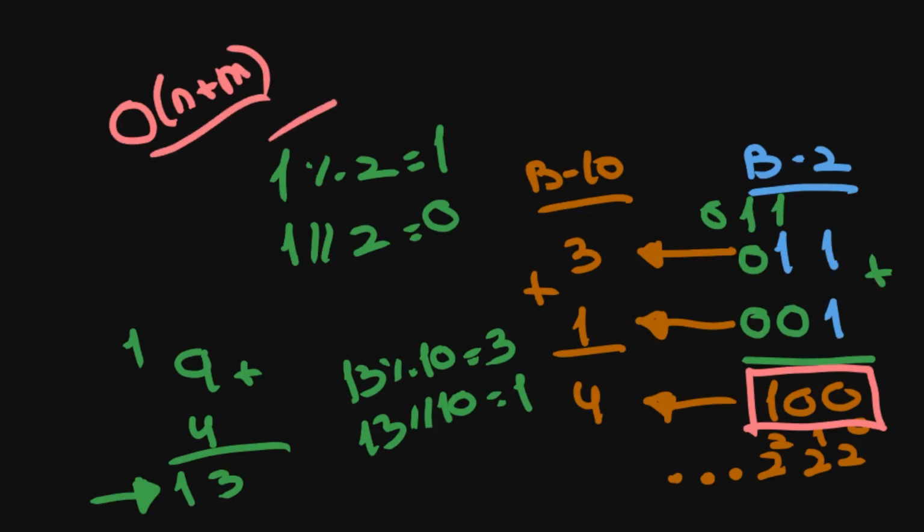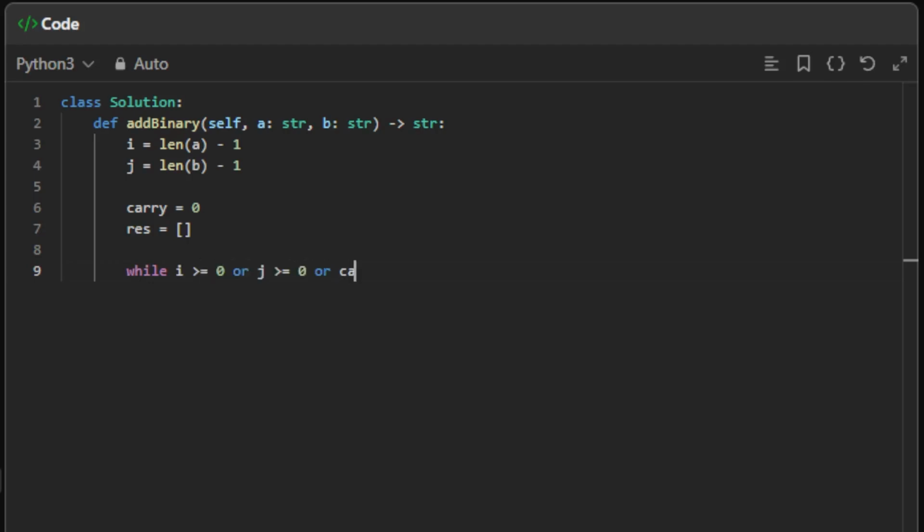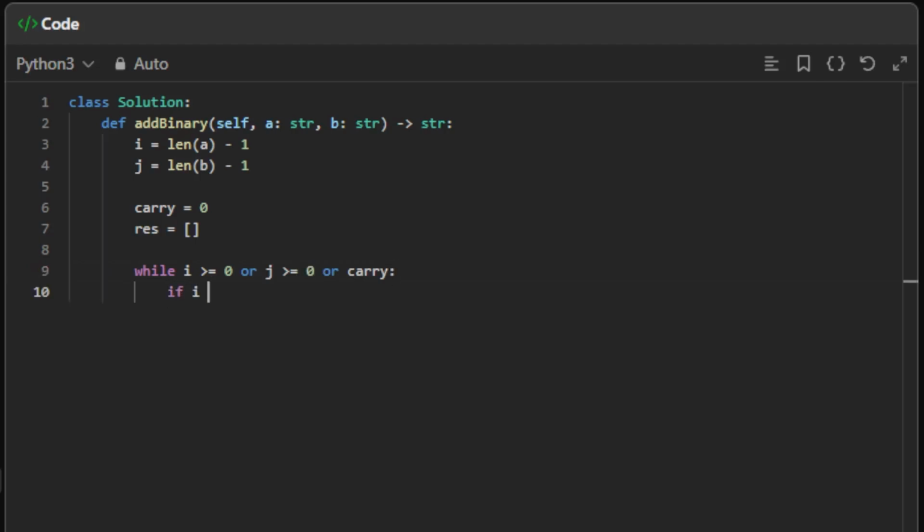So with this in mind, now let's go with the code. First, we need 2 pointers to iterate the strings. Remember that we are going from right to left, so we will use an I pointer for A, this is the length of A minus 1, and we have a J pointer for B, so this is the length of B minus 1. We have a value for carry, which is initially 0, and the result is initially an empty array. And now we can say while I is greater or equal to 0, or J is greater or equal to 0, or we have something in carry that's different from 0,